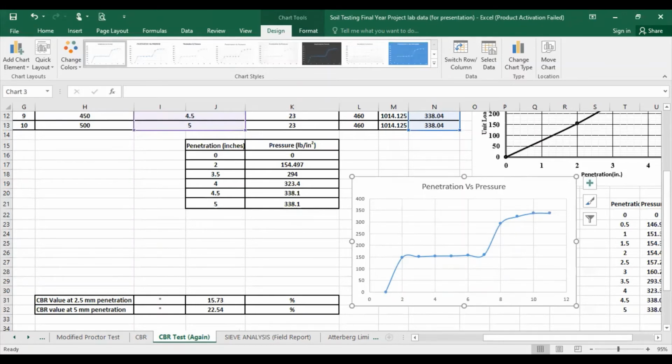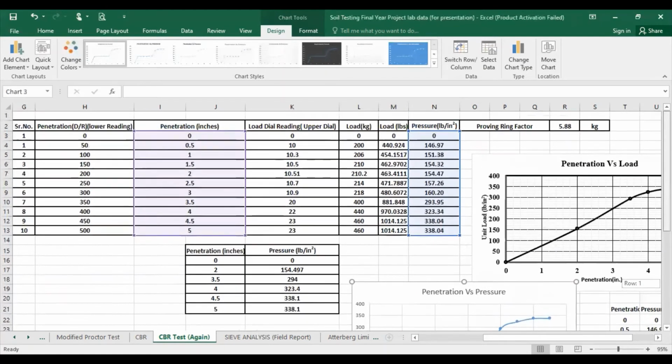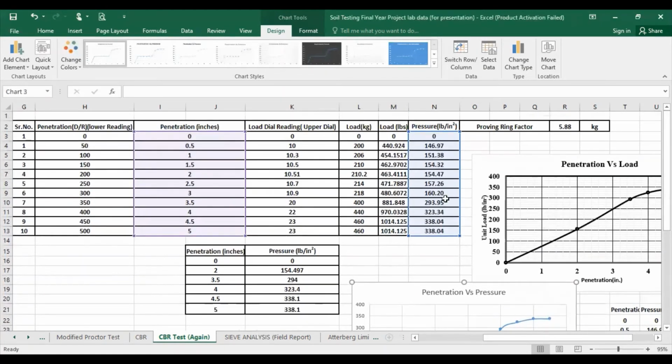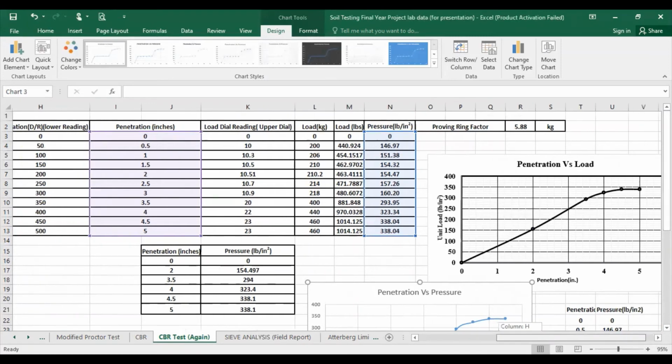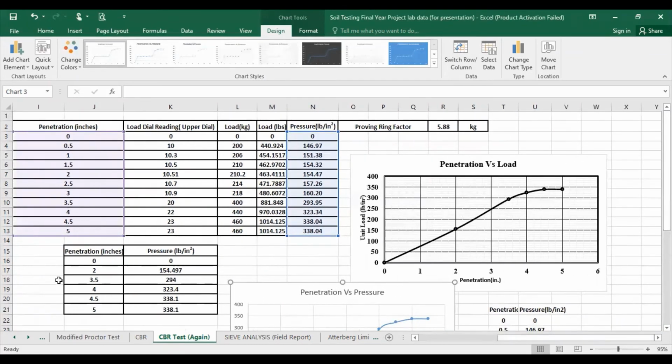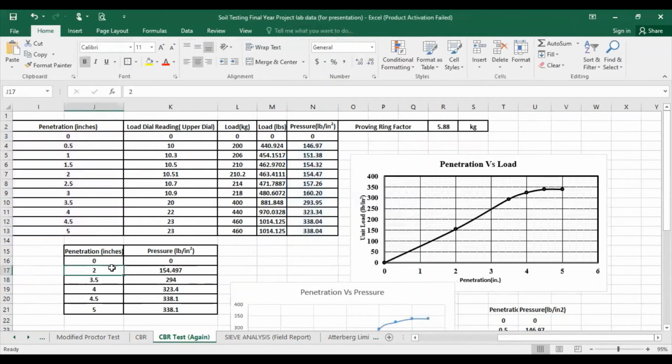What I have done here is I have taken selected readings from these two columns. So you can say penetration in inches 0 to 3.54, 4.55. Sometimes error comes in the readings, so we have to select the data, and this is the y-axis. I put the values of the y-axis, meaning 0 corresponds to 0, and 0.5 corresponds, no, we have taken the value of 2. So 2's value is 154, so I wrote it here. So I plot this graph.